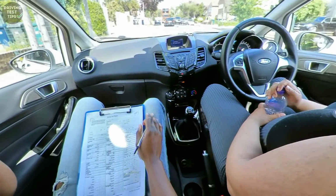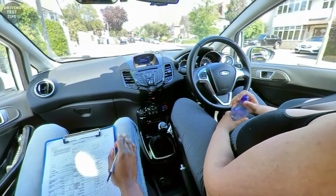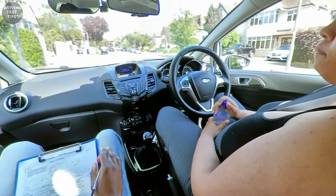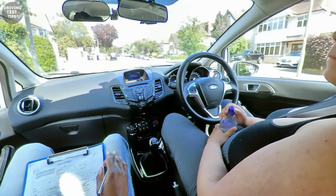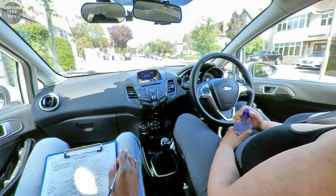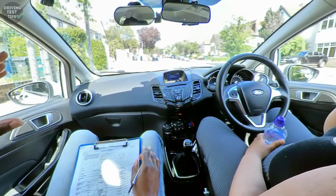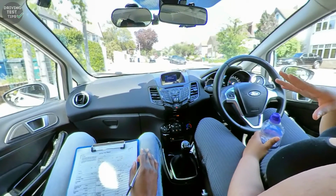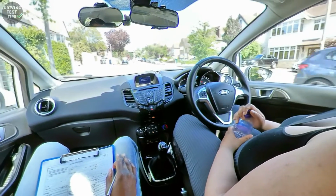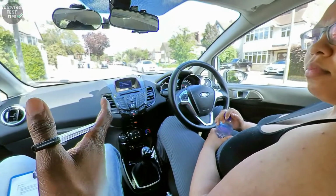What other clues can you use when you look at whether something's stopped at a bus stop or parked up when you're approaching it? Because that's quite a common fault that people struggle with. What could you use to tell whether this person is parked or actually in traffic? If they're parked, you wouldn't see any of their lights on. Yeah, especially cars. If they're parked, like this car for instance, lights are off, mirrors tucked in,